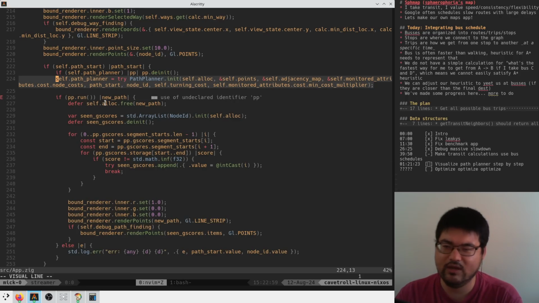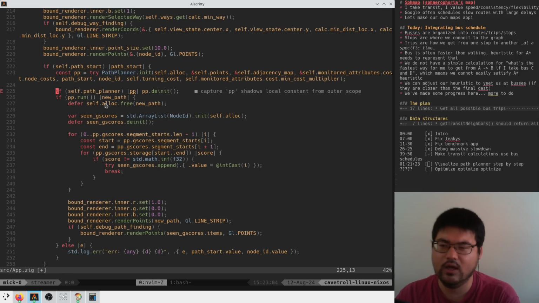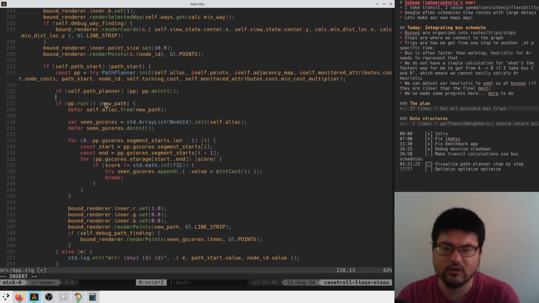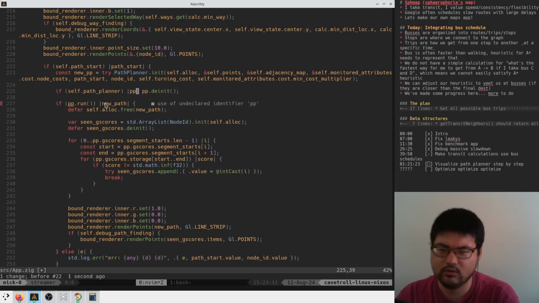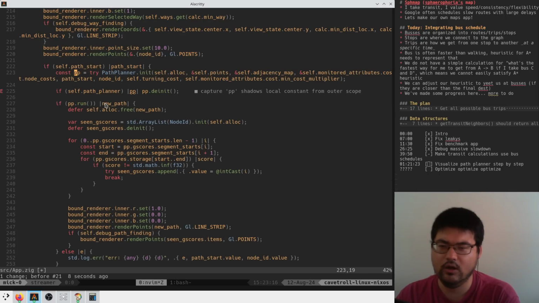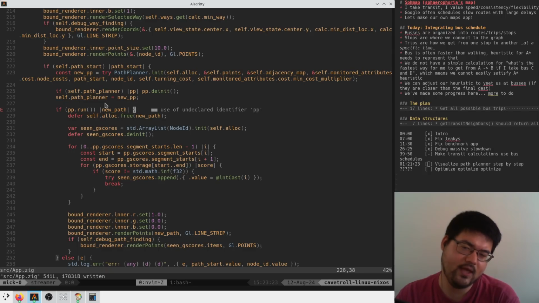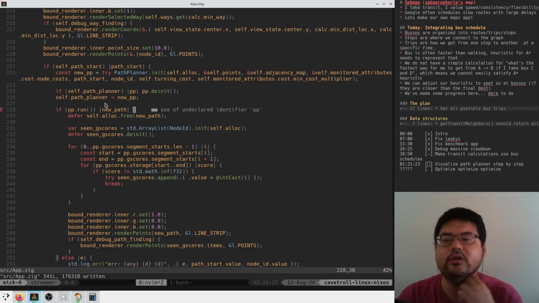I guess we should do this only if this succeeds though. So we'll say const path_planner is equal to this. If self.path_planner is alive, we deinit the old one and replace it. Right, so it's just self.path_planner equal to the new pp. And then, instead of running it,